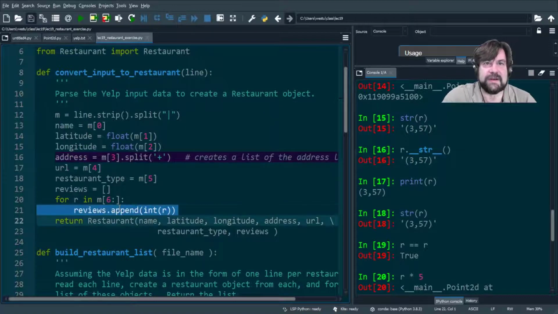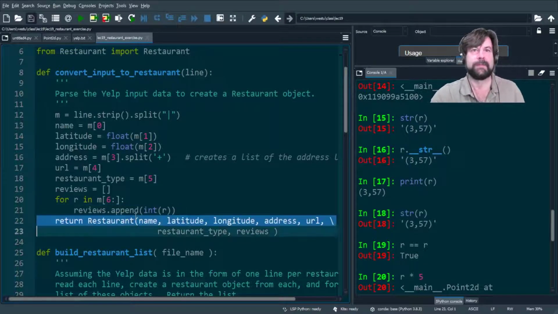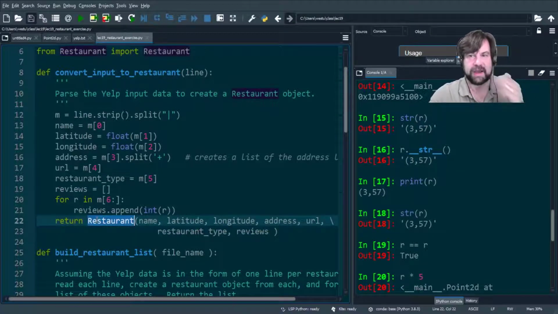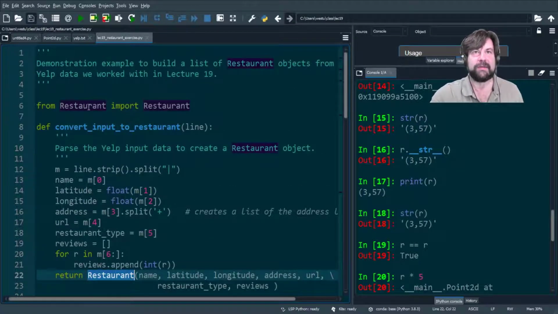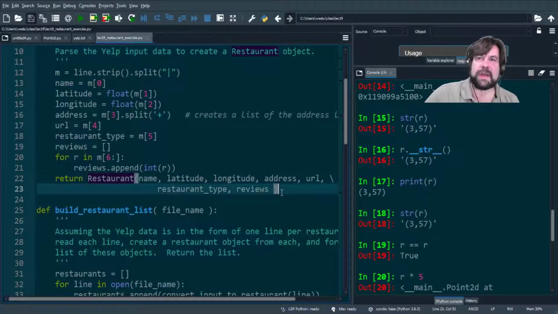This is a list of integers for the reviews. And once we have those, we're just going to simply call our restaurant. This is how you call the initializer for the restaurant class. We have from restaurant import restaurant. This is how we call the initializer for the restaurant class. And then we're just going to give it that data we parsed out, and it's going to create our